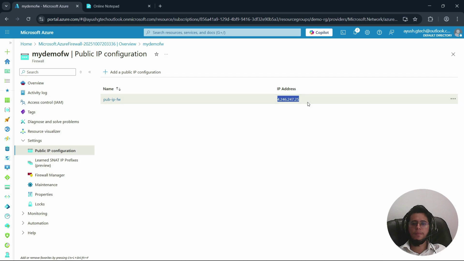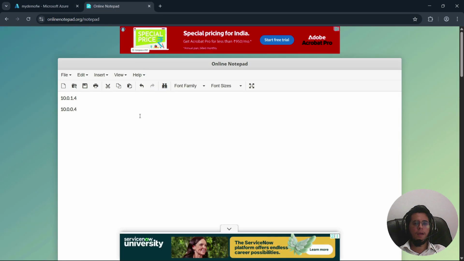So this is the public IP address of my firewall. I'm going to copy this one, and then I'm going to save it over here. So this is the private IP address of my firewall. This is the private IP address of my virtual machine, and this is the public IP address of my firewall.